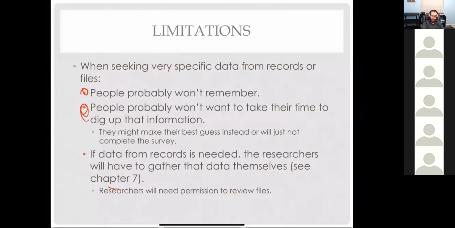This is also probably really important. If you are dealing with surveys and you're dealing with response rates and people who don't want to complete your survey, don't want to stick with a lot of questions, people probably aren't going to go even one step further and dig up a lot of old records to get you accurate information about what you're asking about. They're either going to just guess off the top of their head, which means you get bad information, or they're going to either skip your questions or stop participating in your survey